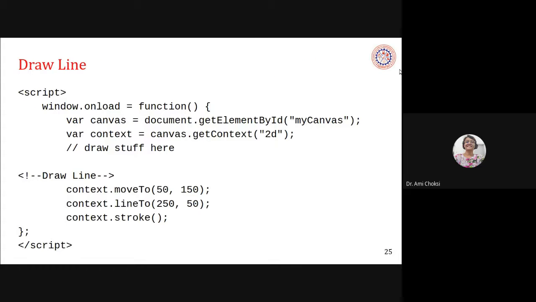So it should be clear to you. If you are writing, say, draw line, so in our script tag, now I am not going to give you the whole structure again and again. We already know that in our script tag we'll be having the two variables defined, that only I'll provide you, and will give you the code for drawing the line, right? I'll not give you other things.